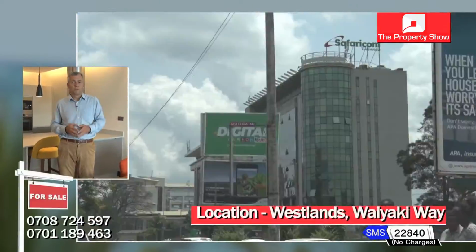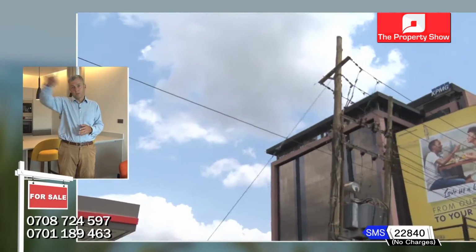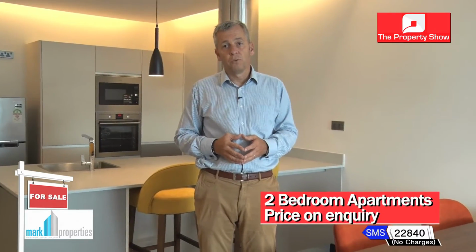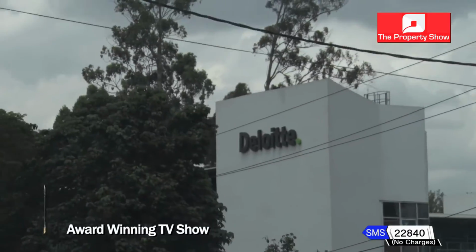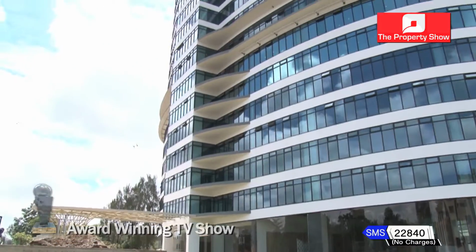We know we have Safaricom headquarters just opposite, we have Barclays Bank, we have KPMG, we're connecting to Gigiri, to the UN headquarters, to the American Embassy. So it's really a very strategic location, and together with the high quality of this building and the beautiful spaces